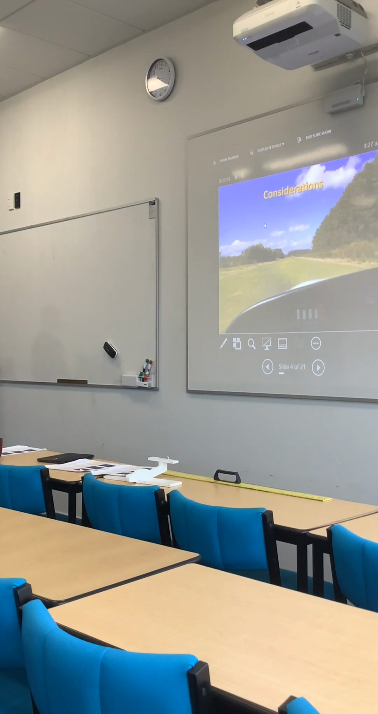So let's discuss some considerations. This is an aerodrome we've been to in your training. It may look a little bit different than it does now. These trees are no longer there, but this is Fox Point. So let's talk about